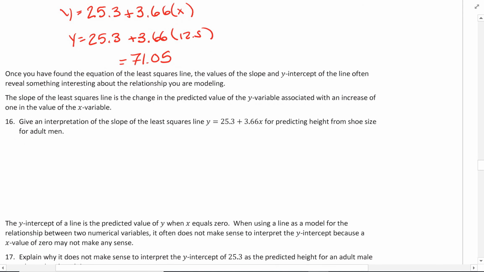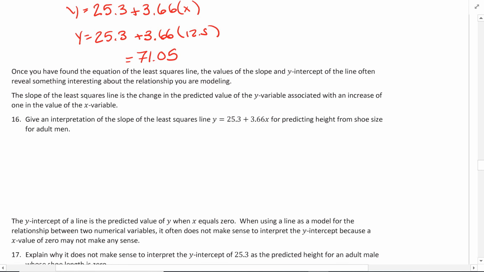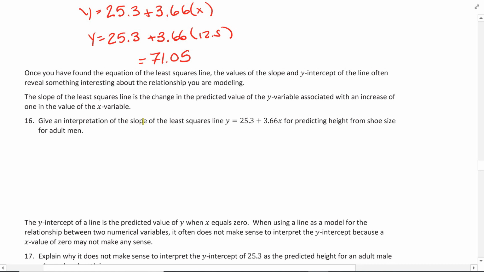Now, let's talk about what these numbers mean. Now, I want to figure out what this slope is in the problem. It says, give an interpretation of the slope. Now remember, our slope is m, and it's 3.66. Now, if you recall what slope is, it's every time the x increases by 1, the y increases by, well, whatever the slope is. So in this case, x is shoe length, and y is height. So if I make this in context of the problem, for every